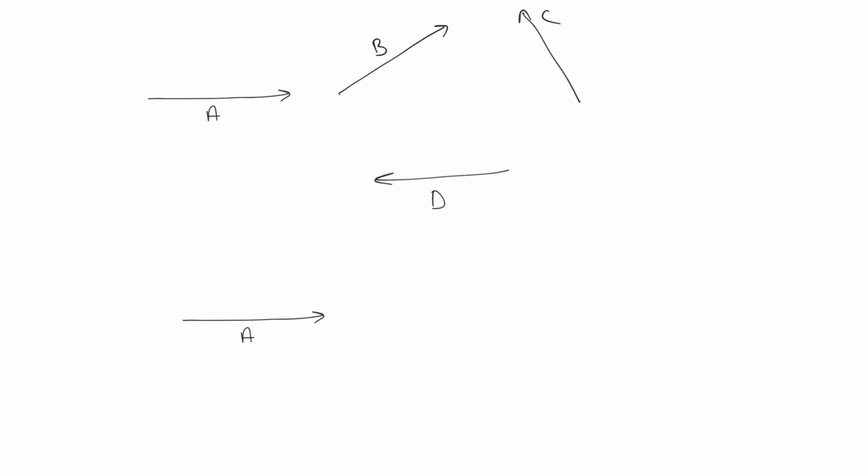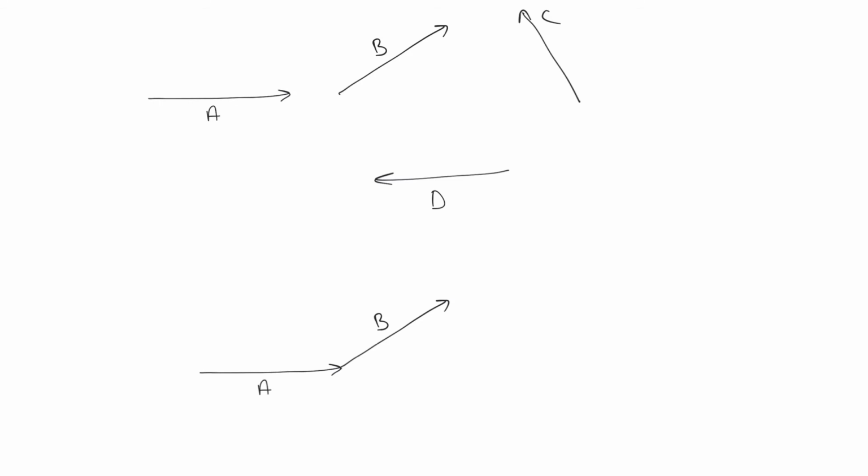Say we have a vector, another vector b, one vector c, and another vector d. Our aim is to add all these vectors, and you can take them in any order. It's not necessary to take the a vector first and then the b vector. To add all four vectors by the pictorial method, first we take the a vector and keep it over here, and now we take the b vector in such a way that the tail of b is in contact with the head of the a vector.